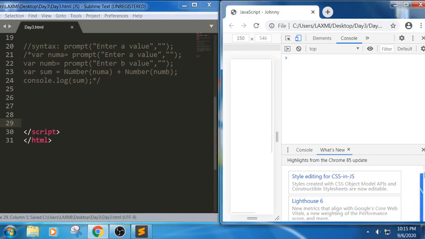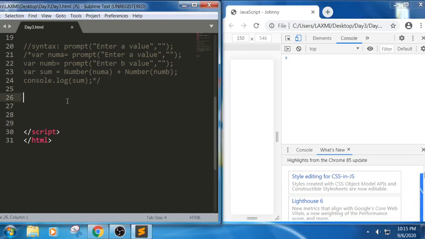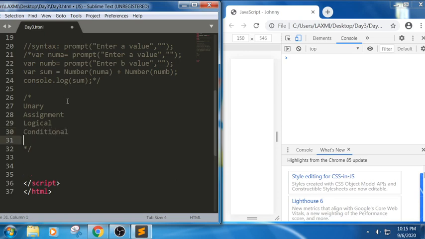So it is echoing in this way. Now it is empty. Now let me write the operators that we will try to discuss here. You can also use Ctrl Shift Tab, or you can type it manually. If you are using a code editor, it will come automatically. The first operator we are trying to discuss is unary operator, next one assignment operator, next one logical operator, next one conditional operator, next one relational operator, next one bitwise. We generally don't use it in JavaScript, and we will not discuss it here.